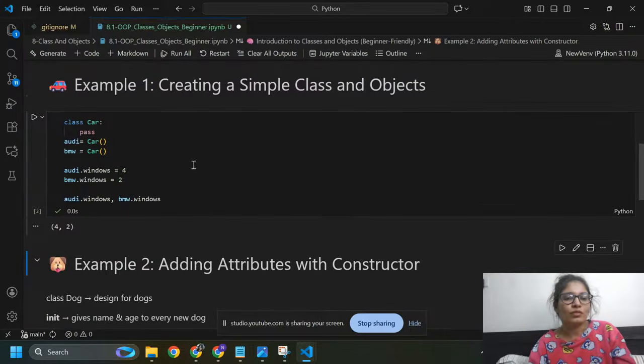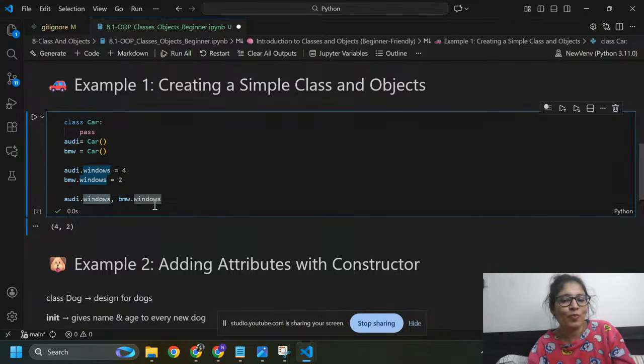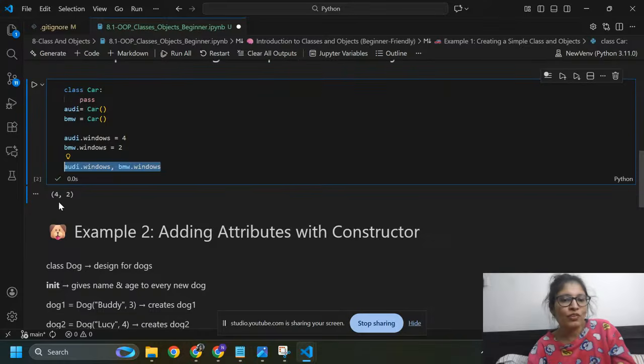Okay, so now this is the proper code for the class. This is our class, this is our object audi for class Car, and this is another object, bmw, for class Car. These are the two objects, and these are the two attributes that store the data for Audi and BMW. First attribute is 4 and second is 2.